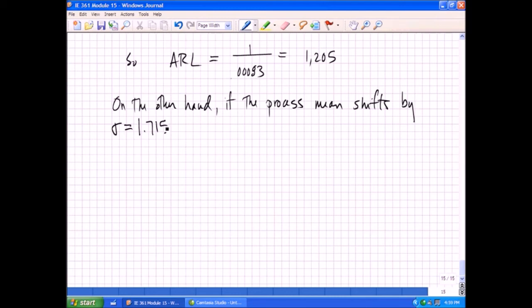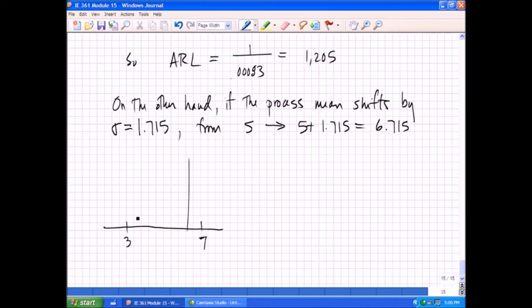So on the other hand, if the process mean shifts by, say, 1.715 from 5 to 5 plus 1.715, to 6.715, then what happens to this average run length? So now, in terms of individuals here, here's 3, here's 7, and now we've got a mean that's really very close to this